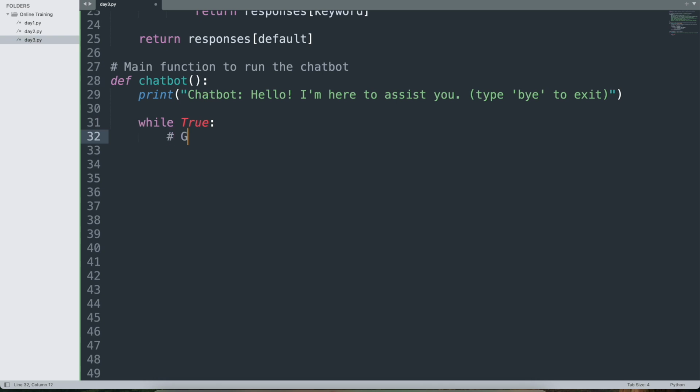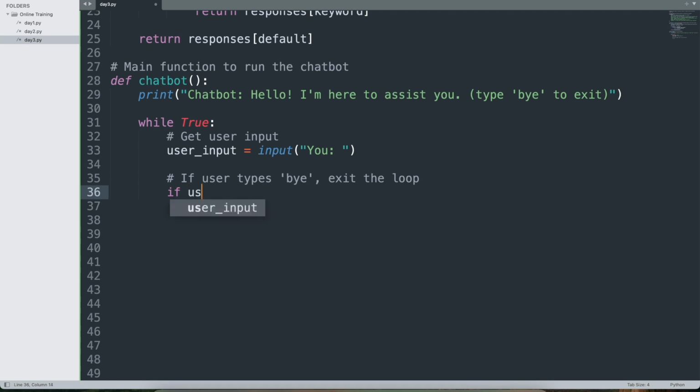get user input first, where I'll say user_input equal to input. I'll specify you so we can prompt the user to write something. Now next I'll check if the user types bye, I have to exit the loop, right? So here I will check if user_input.lower()